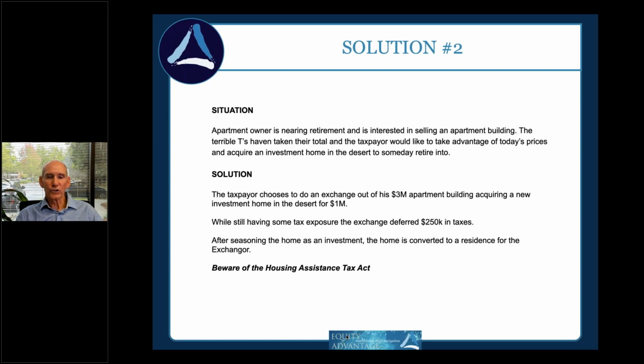In this situation, you've got to understand also that these people ultimately moved into this property. So there's something called the Housing Assistance Tax Act, which is anything but. It sticks it to you. And if they were to have sold the property within 5 years of acquisition, it would be a fully taxable sale. After the 5 years, they would be entitled to a proration of Section 121's 250 or 500.